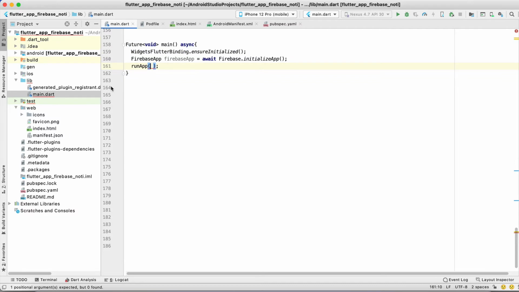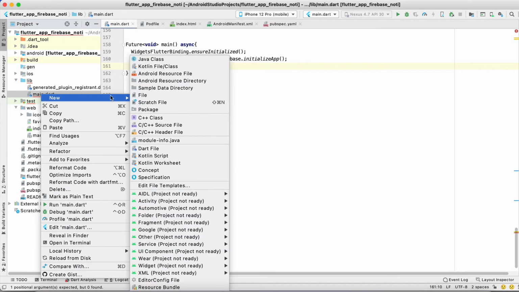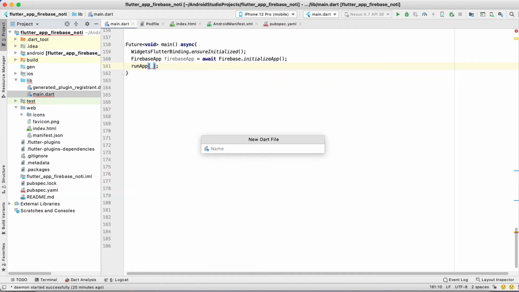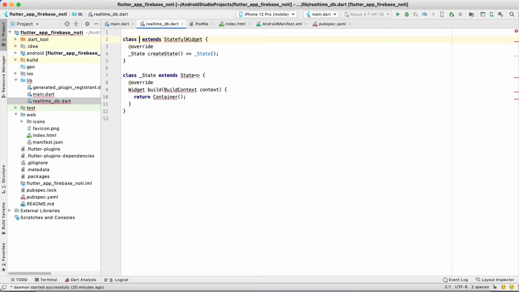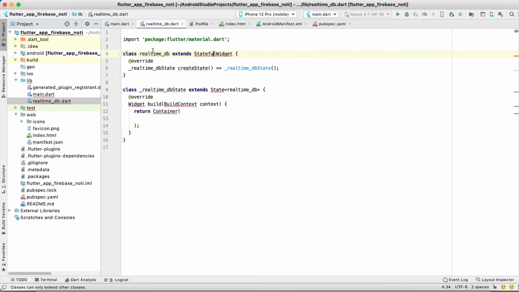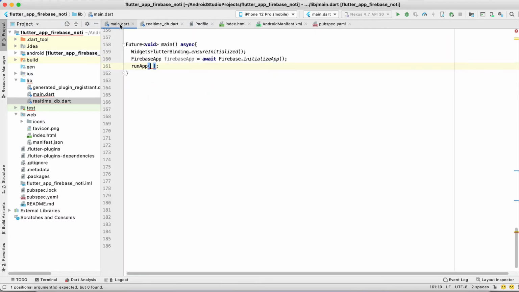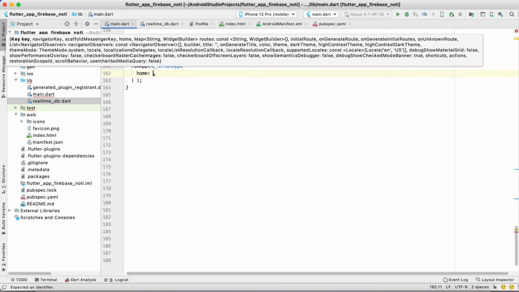Now I am going to create one separate route, so I will create one separate Dart file named realtime db. You can name it anything else, and it will be a stateful widget, so stf, realtime db, and the import statement. Now it is good. Inside the build method, I will write the MaterialApp. This is the first thing that we do. MaterialApp home, and the home object will be